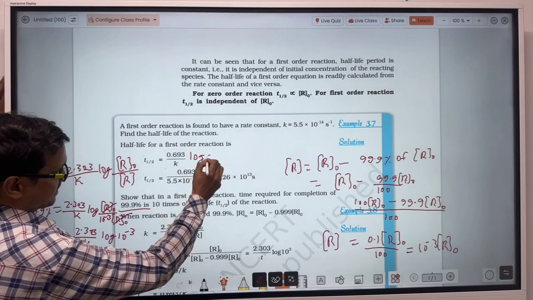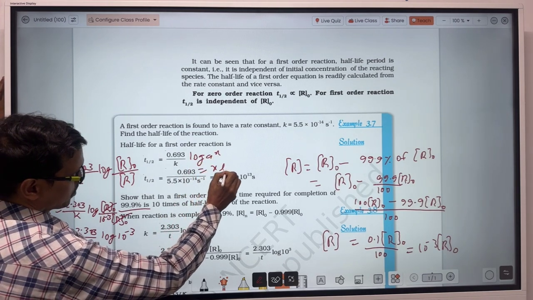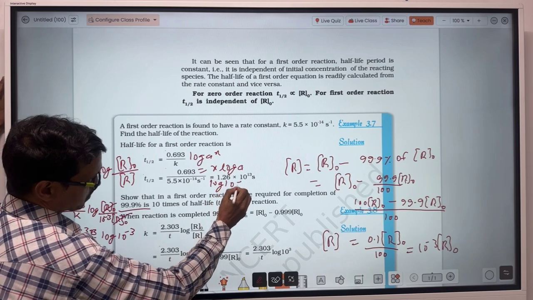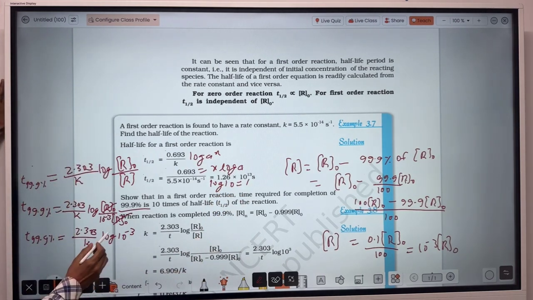Log A to the power x is equal to x log A, and log 10 is equal to 1. So here log 10 to the power minus 3 can be written as minus 3, oh sorry, plus 3 here. So 10 power 3 can be written as 3. So that will equal 2.303 into 3,